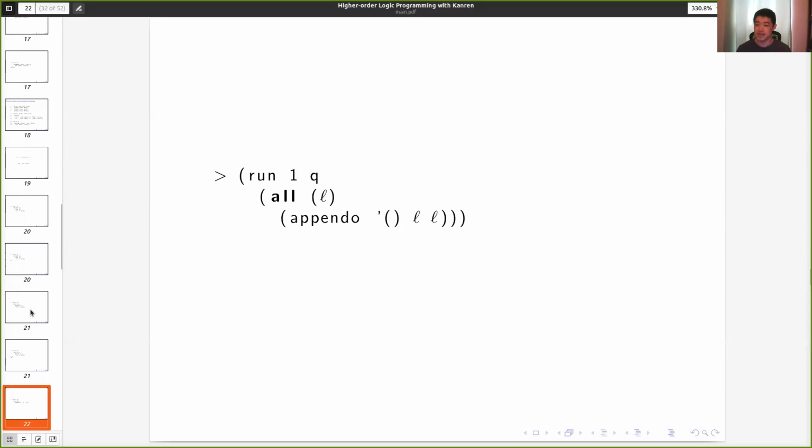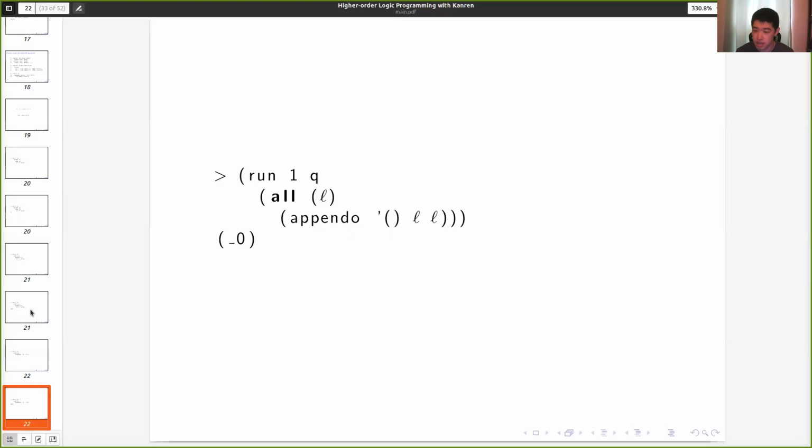All right, here's another example, appendable. We can read this theorem as for all kind of list L, if you append the empty list onto L, then you have L back. If you run this query, lambda-Kanren will prove this theorem automatically for you, giving you an answer that is not empty list. So this theorem is pretty intuitive, but not every intuitive theorem can be automatically or directly proved in